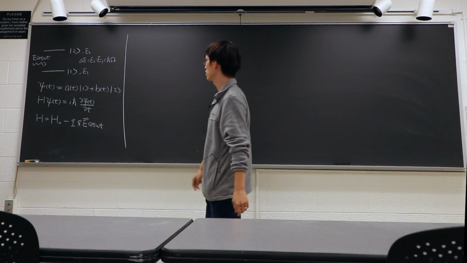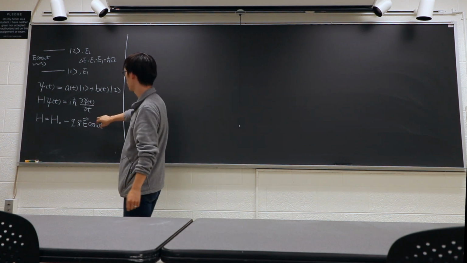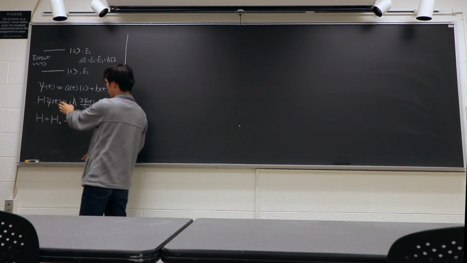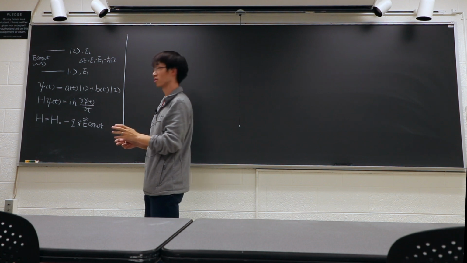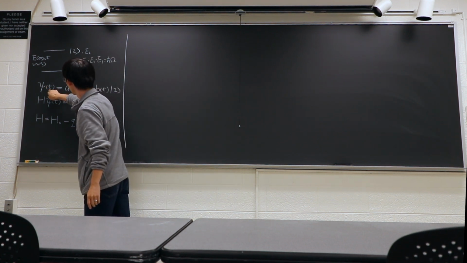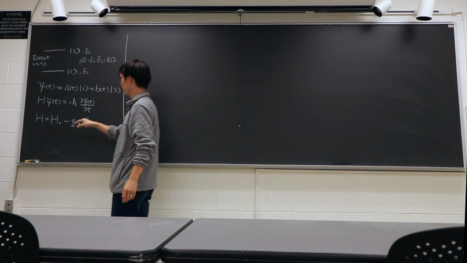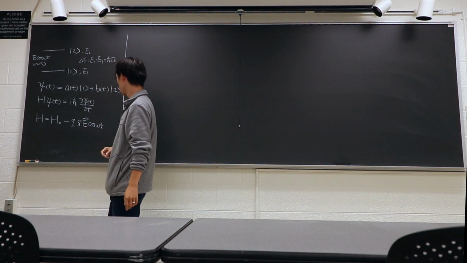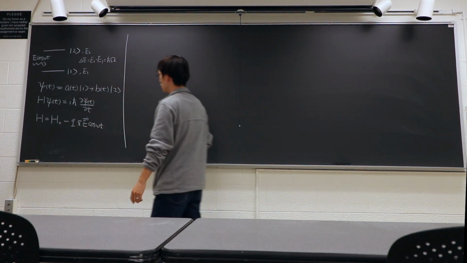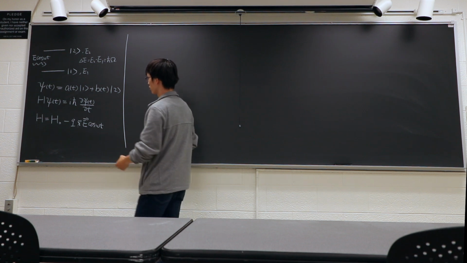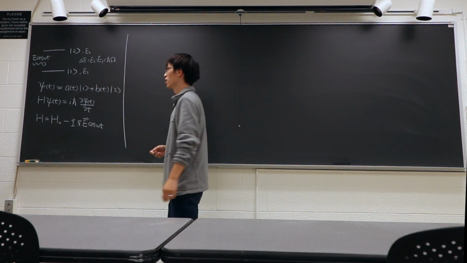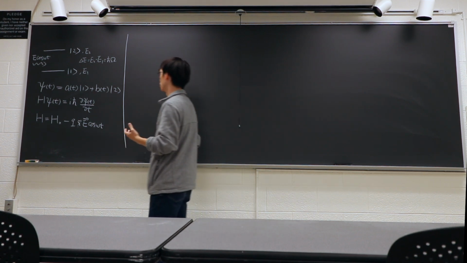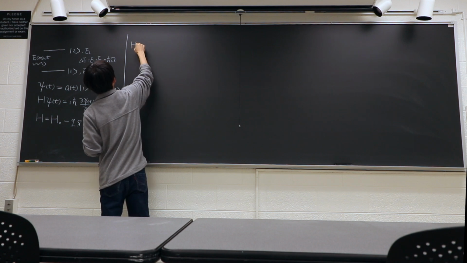Now, when you first look at this, there's a huge disconnect. You want to plug this and this in here, but they're somehow written in different languages. The wave function is written in 1 and 2, and then the Hamiltonian is written in some letters, something you don't know. So the first thing we want to do is to figure out what H knot is. H knot, you can write down, like for a hydrogen atom, you can do these complicated things, but the most straightforward thing is H knot,